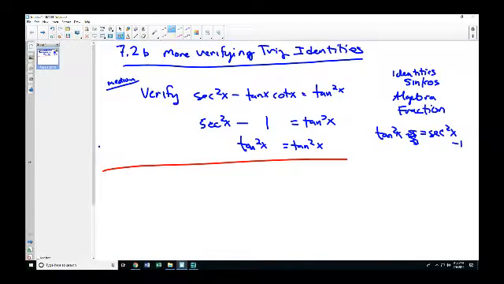Wait, I don't get how you got that. Okay, secant is, and we can do the same thing here. This is a different solution method. This is what I know from a lot of people. Starts with that. You've changed to sine and cosine here, right? These will go bye-bye, and you end up with